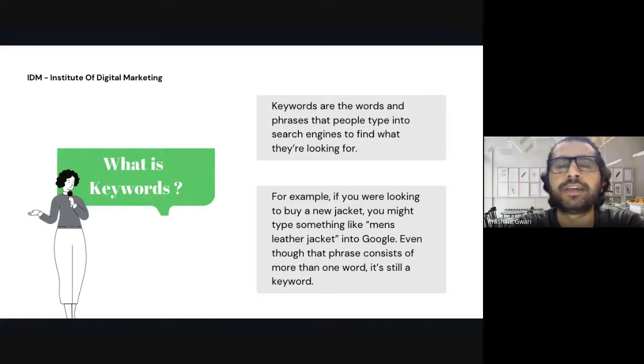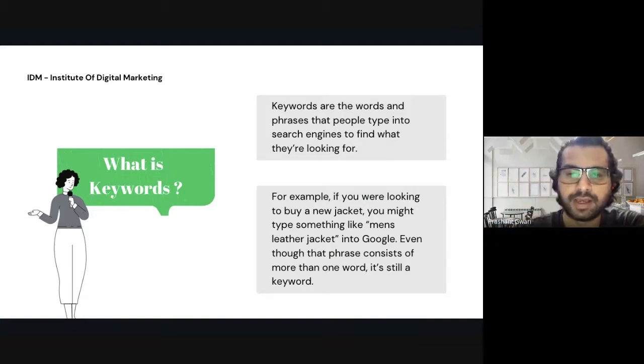But in normal language, people call them search queries because they have a question, they have a query, and they are typing their query on search engines. So what they call it, search query. What we call them? We call them keywords because they are key words for us. You can separate two words, key and words. You will find out they are the keywords for us. That's why we call them keywords and other people call them search queries.